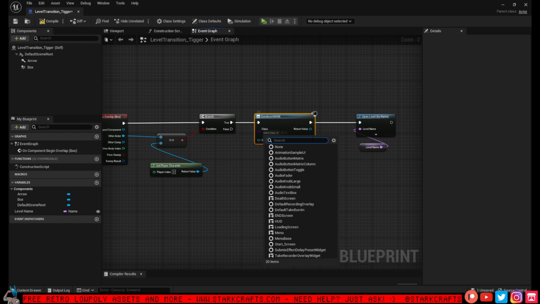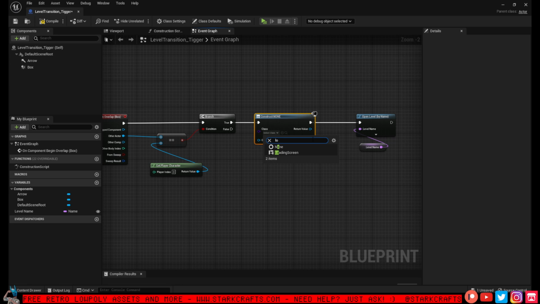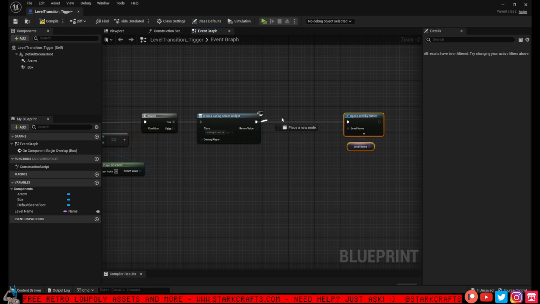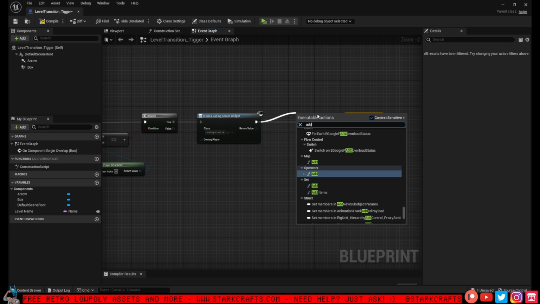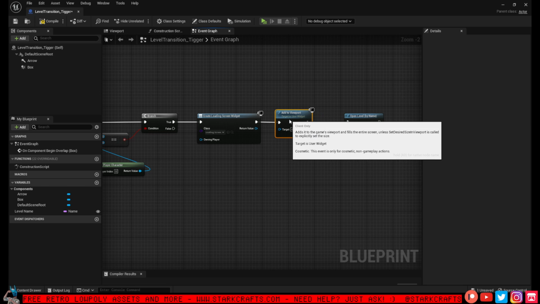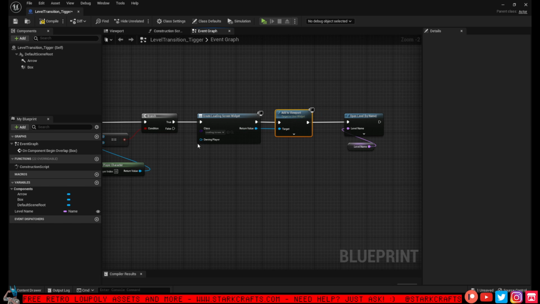Here class, use loading screen, which we just created, and add to viewport, and let's connect those. The owning player,